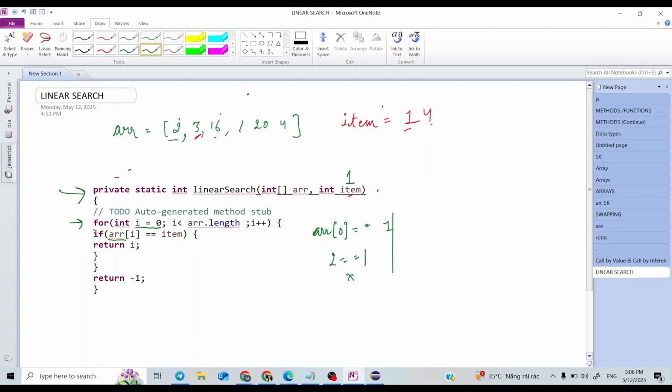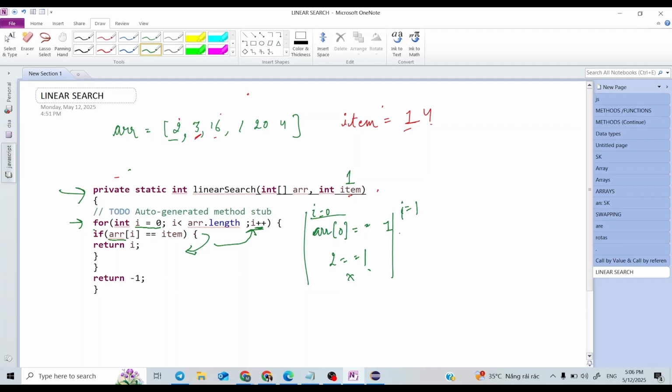No. So this is for I equal to 0. This is not equal, so we will not enter this if statement. We will increment the I variable, and I will be equal to 1 now.